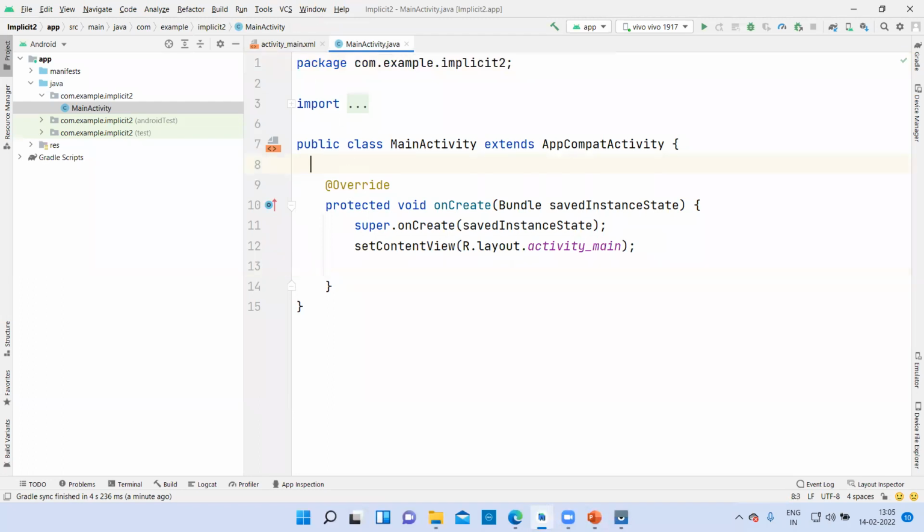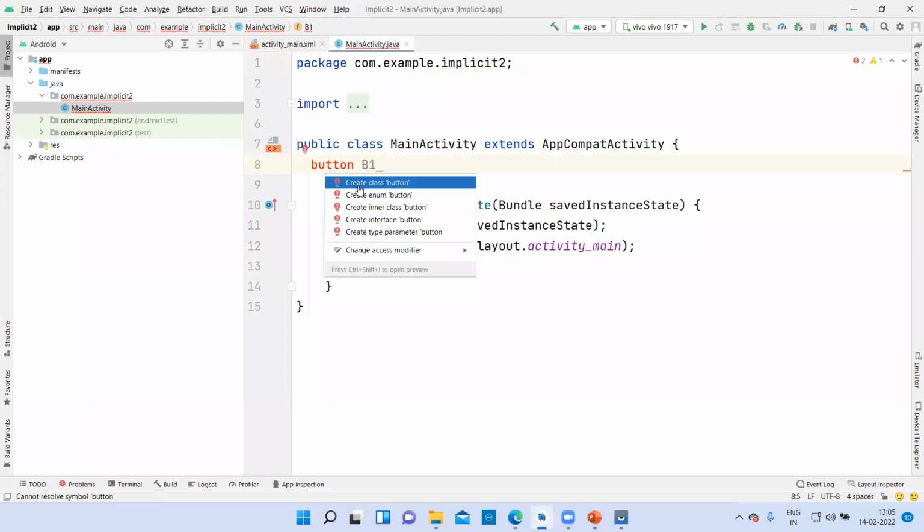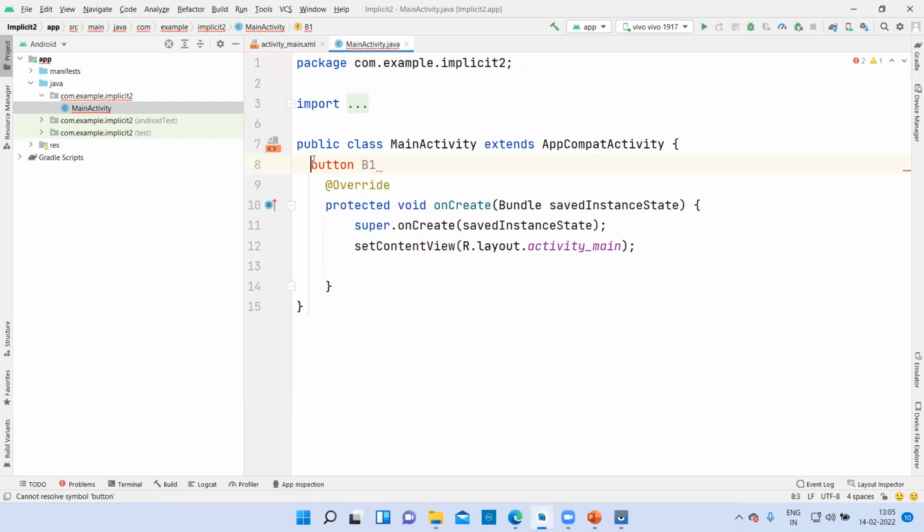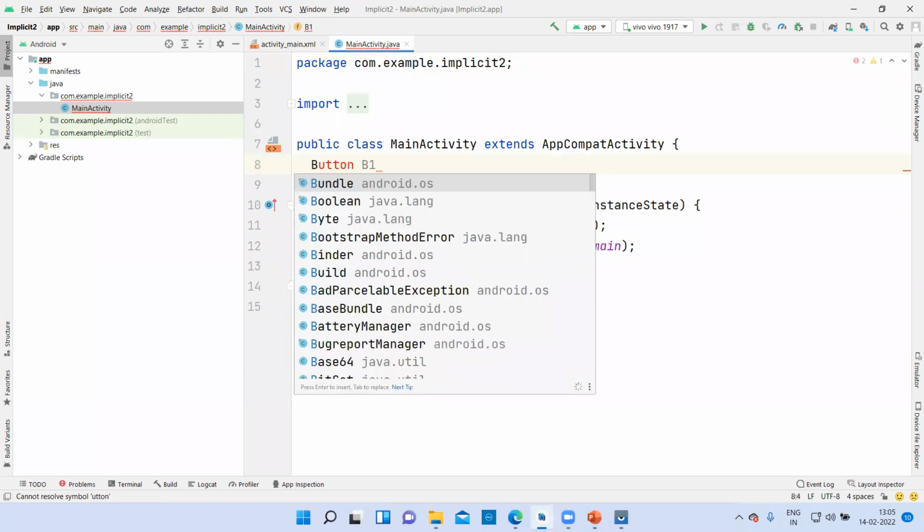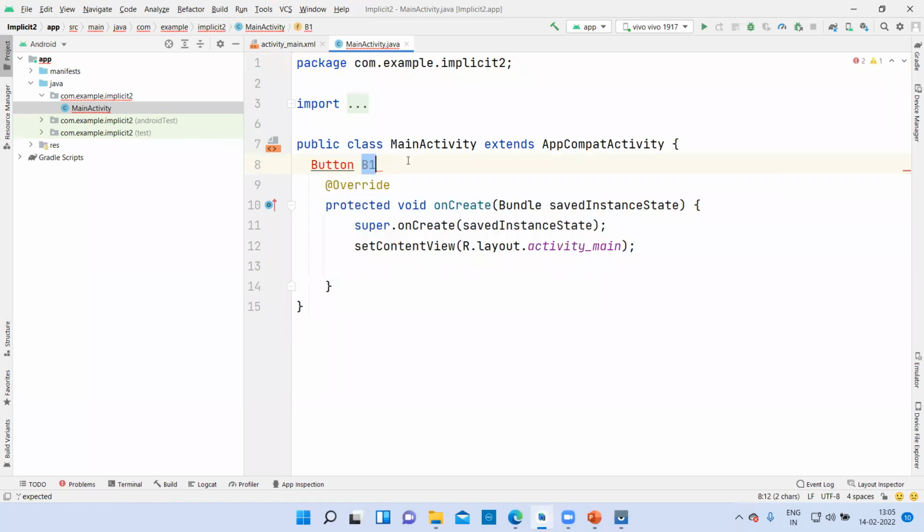Button B1. I have to give the capital one. No, it's fine. Alt plus enter.